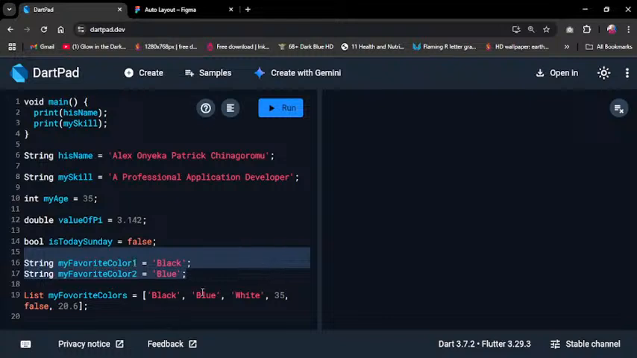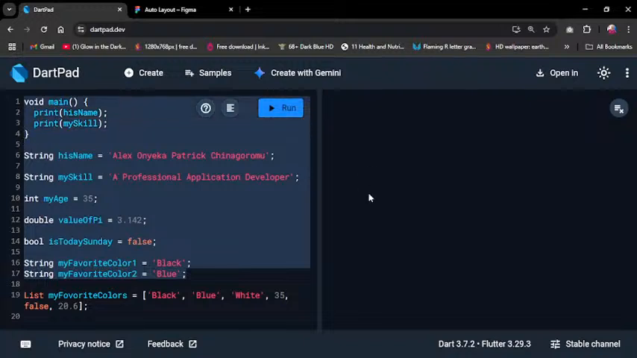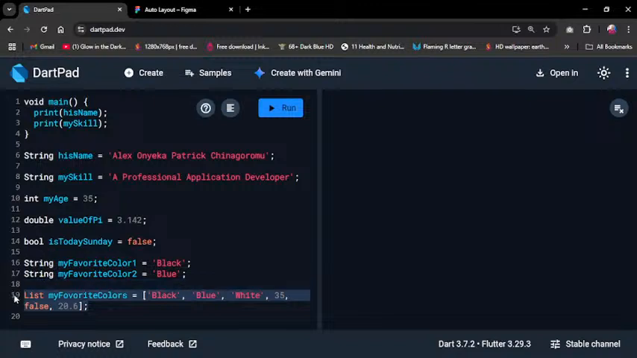So here, the new thing we learned, I revised on data types. The new thing we learned here is this list. In all these places, we have been saving data, a single value in a single variable. But today we have learned that we can save a couple of values